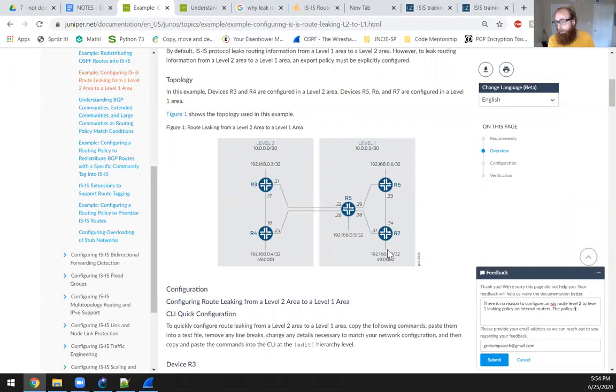The policy belongs on router 5, the L2/L1 router, and not R3 and R4. Since these are L2 only routers,